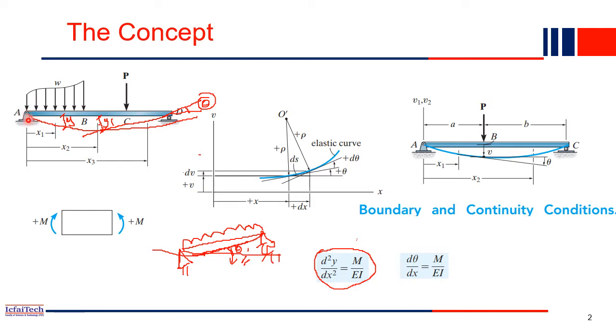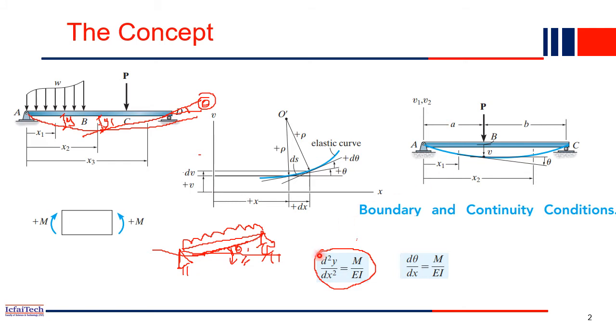But if this is a fixed support, then the fixed support has three reactions, right? One is vertical, one is horizontal, and you have the fixed end moment as well. Once you have the fixed end moment, the deflection won't start from here itself, it may start after some distance. So you get the slope at the support as 0 in case of fixed support, whereas in the hinge support you will have some slope at the support. Even for the roller case, you will have some slope. These things we discussed in the previous lectures, right?